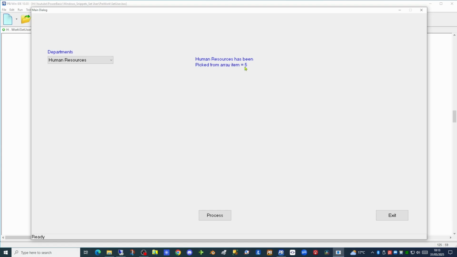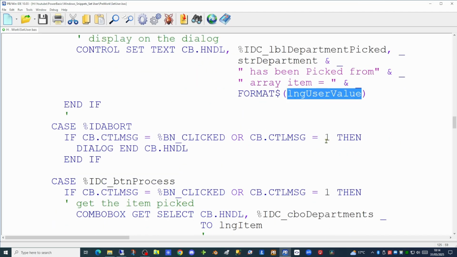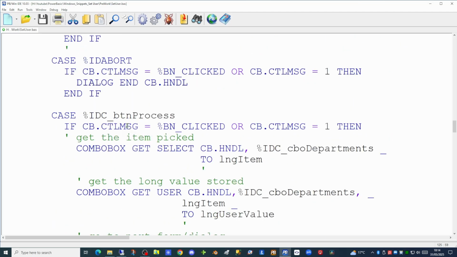So what we've successfully done here is we have stored a long value inside the combo box, allowing us to pull that value back when the user makes a selection. So now that we've got this information, can we pass this on to a second screen? We'll need to put an event on the process button. So if we look further down in the code, we can see we have the event for our process button,